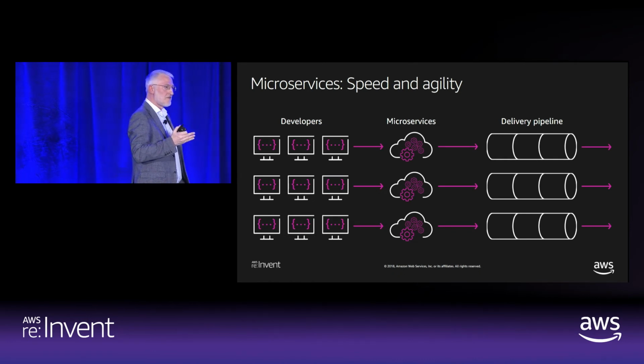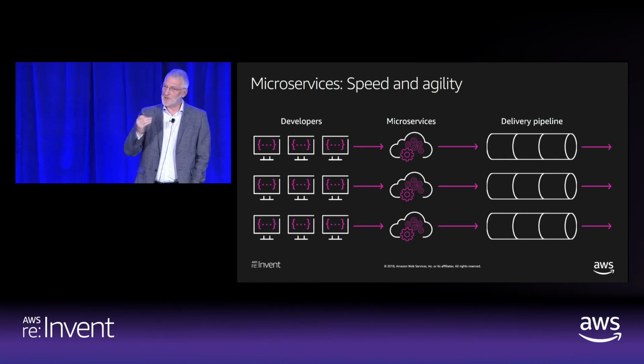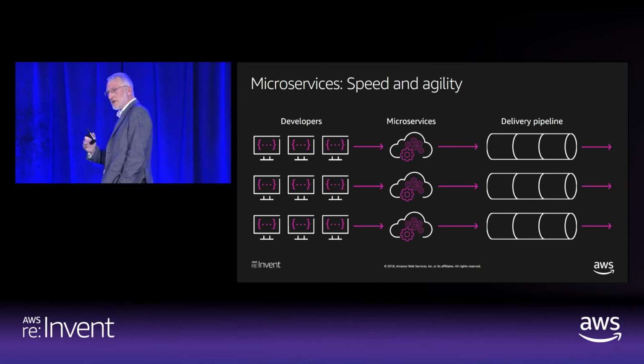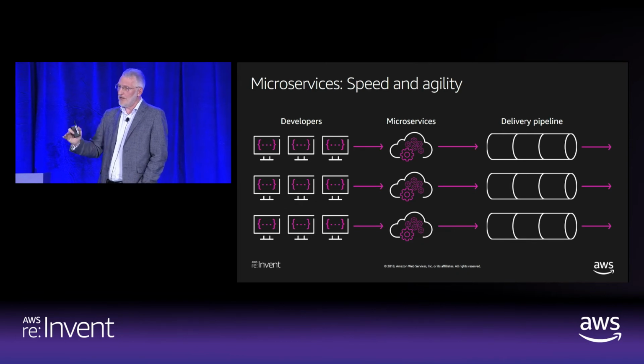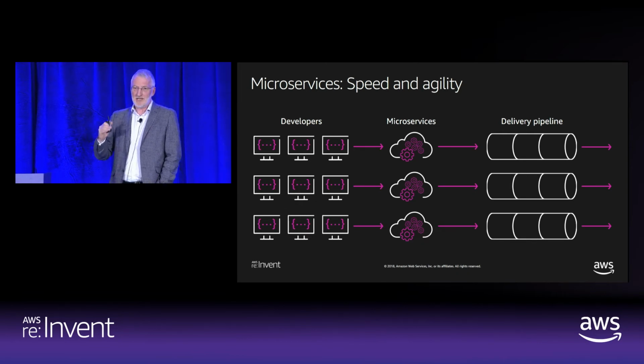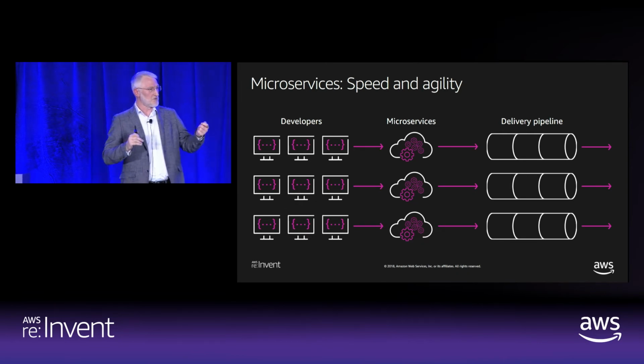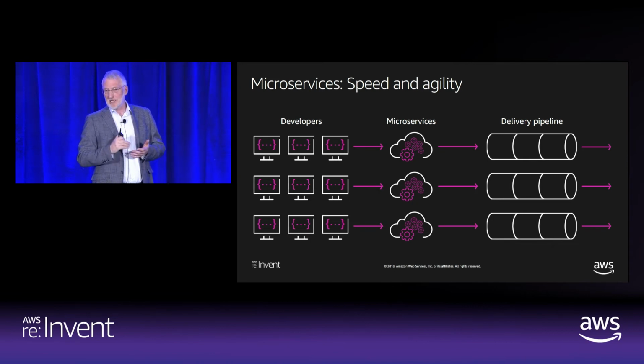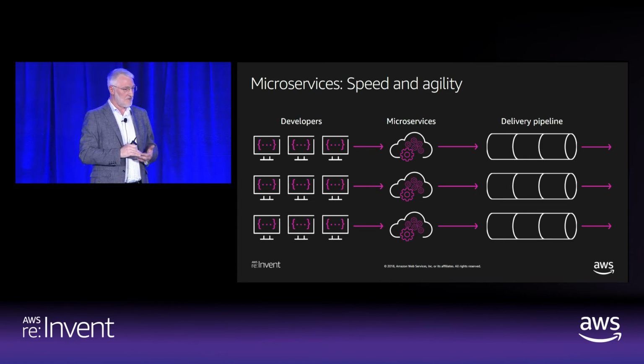When you break up the monolith into microservices, especially if you have two-pizza teams who can own each one of these microservices, what you get is the ability to move in parallel. You can have many, many teams working on discrete portions of functionality without breaking each other's code. So you can test it independently, you can develop it independently, you gain a lot of efficiency and speed.